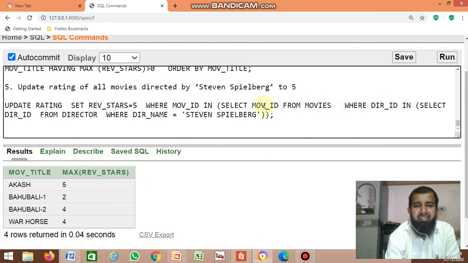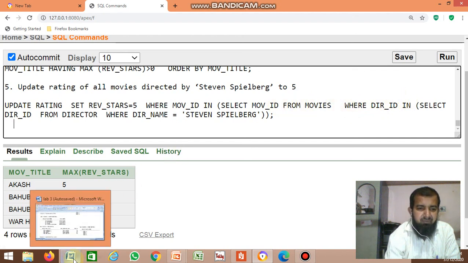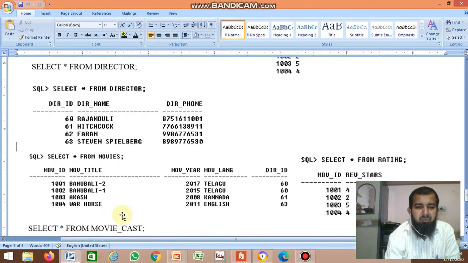Then select movie ID from movies table where director ID is 63. What is the movie ID whose director ID is 63? The movie ID is 1004. Then for 1004, the corresponding